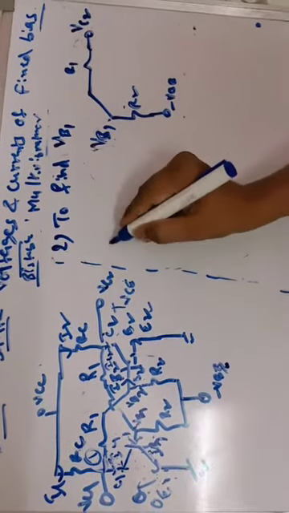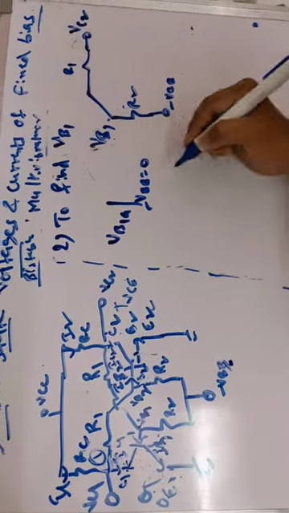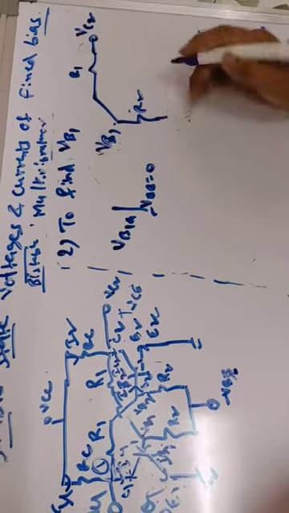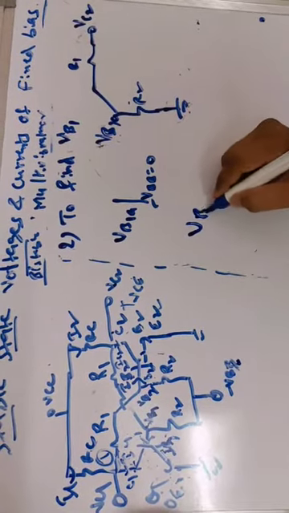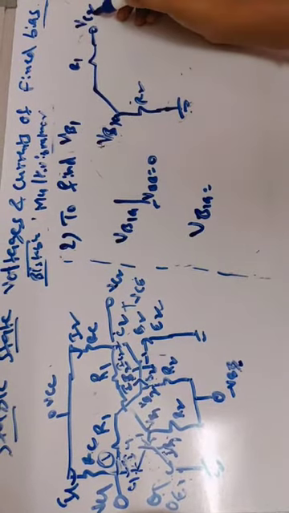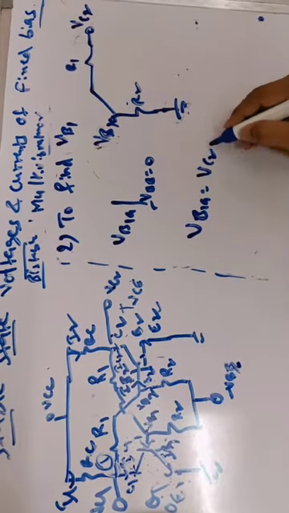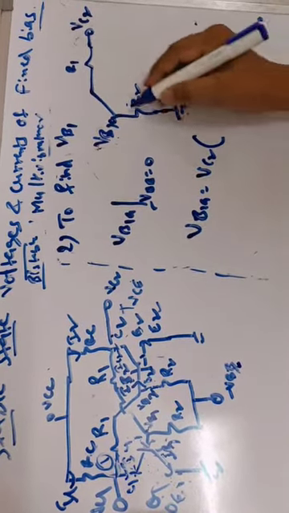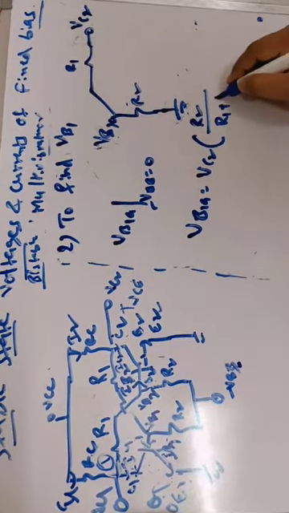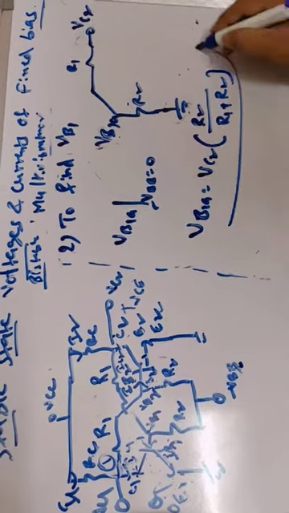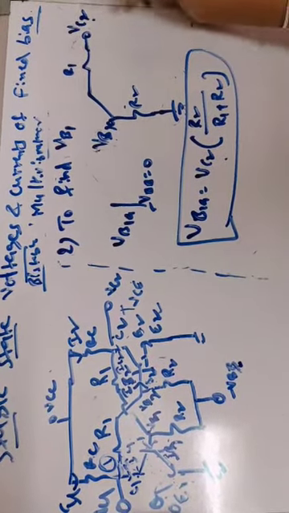VB1A is the potential by considering minus VBB equal to 0. Minus VBB equal to 0 means this is grounded. If it is grounded, what is the potential at this point? VB1A is equal to the total voltage into the same resistance divided by the sum of the resistances, that is VC2 into R2 divided by R1 plus R2. So this is the potential due to the collector voltage VC2. Similarly, we can find VB1B here.